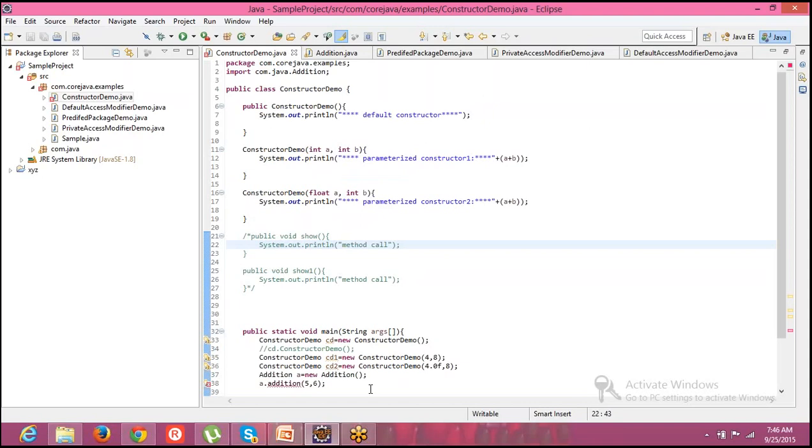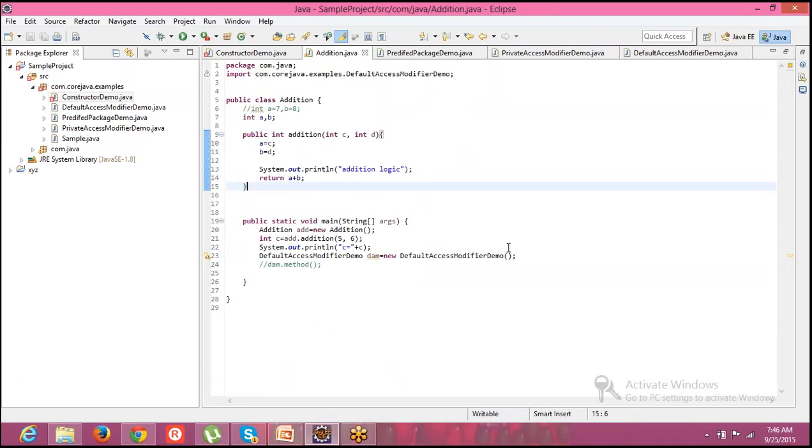Any guesses? Please go to Addition.java.